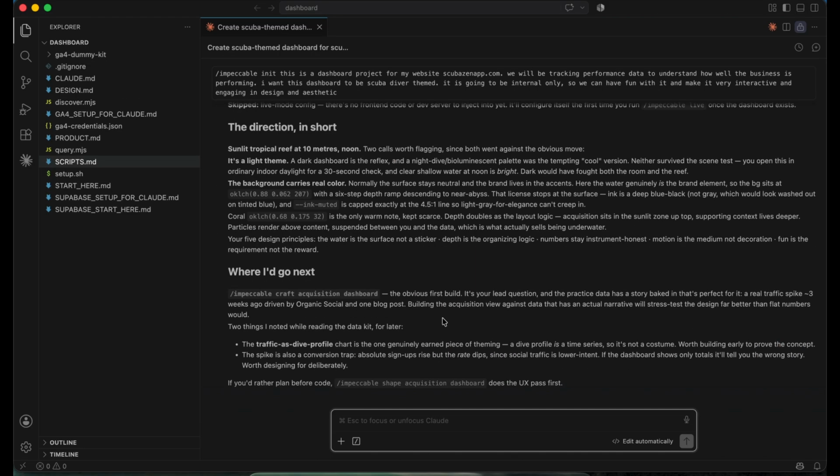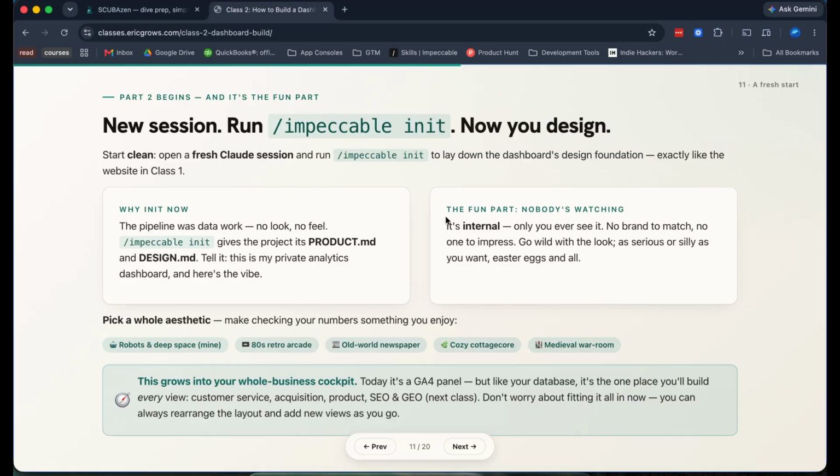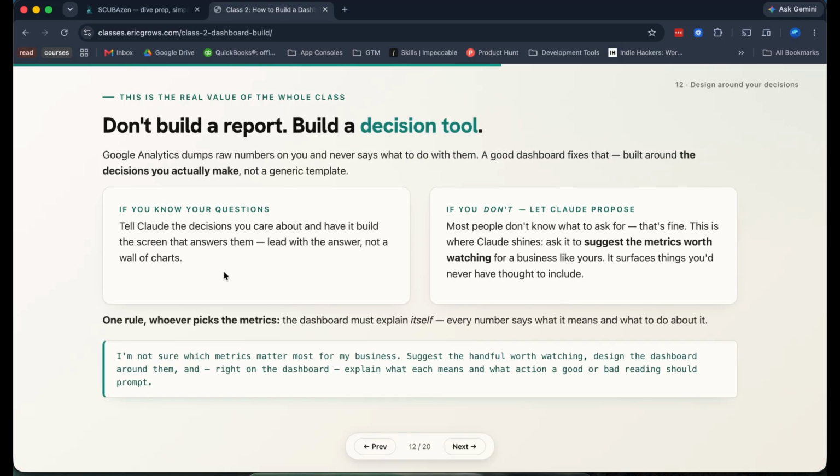Okay, so it's installed. We have the init done. And so the next step is to actually build the dashboard surface. Before we dive into that and I show it to you,